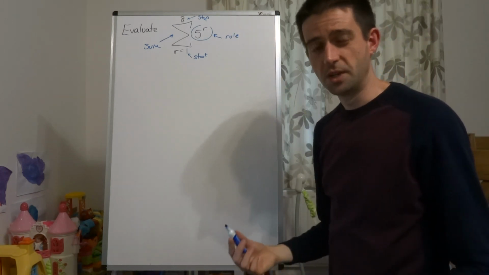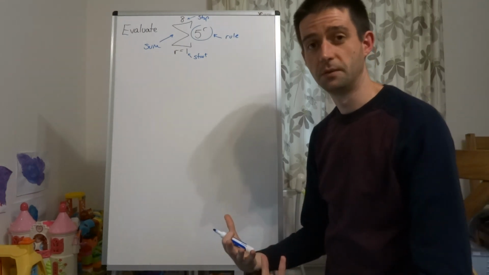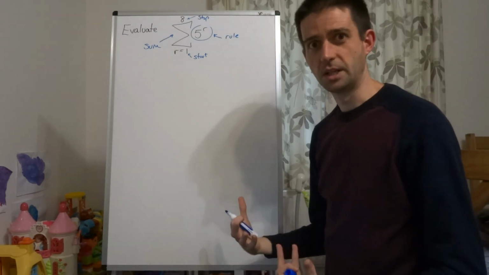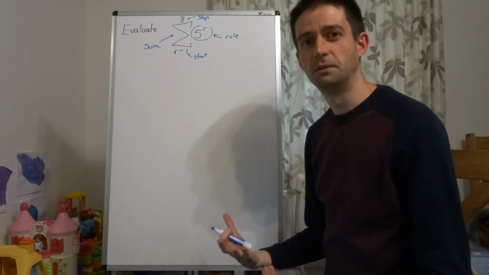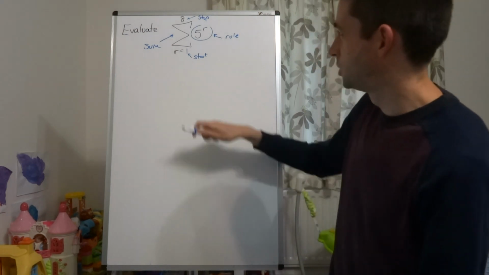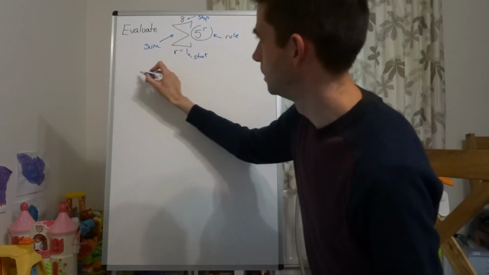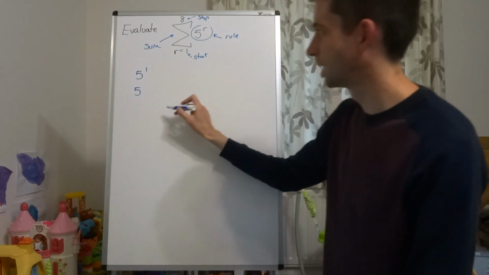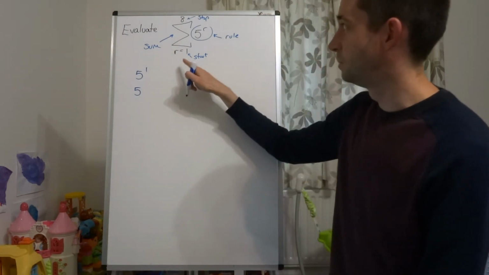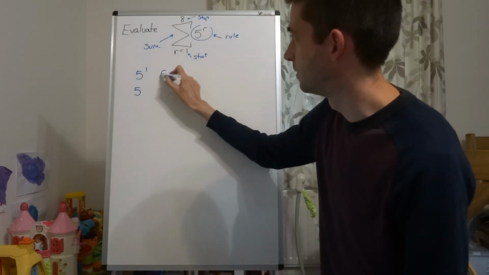And what I always suggest to students to do just for this is to write out a few terms of the series to get an idea of how it's behaving, and they tend to be quite straightforward to work out. So if the rule is 5 to the power of r and we start with 1, the first term is going to be 5 to the power of 1, which is just 5. The next term would be when r is 2, so 5 to the power of r is going to be 5 squared,